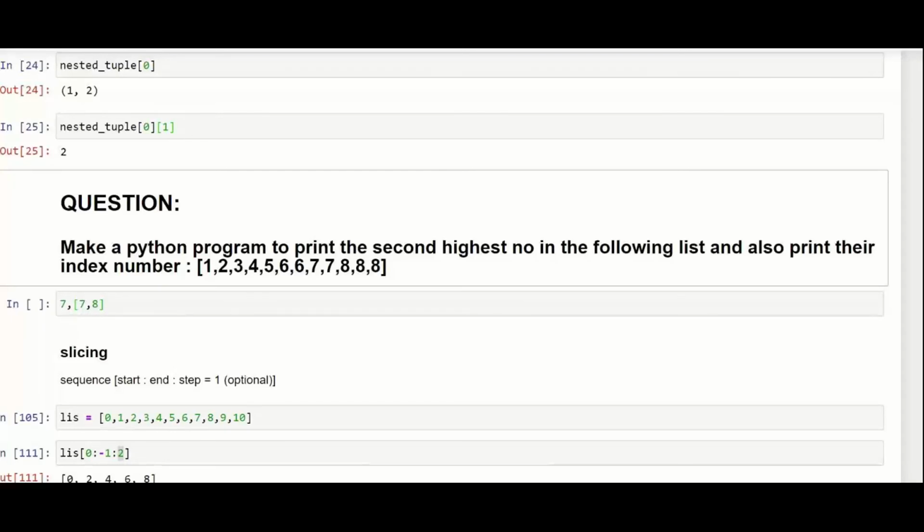So till that time we'll just move to the next topics. This will be more of a homework for you all. Just try doing it and share the final code with me over the mail, or just complete it, and in the next class when we get back, if your code is complete, you can share it with me over the chat window so that I can have a look at it.